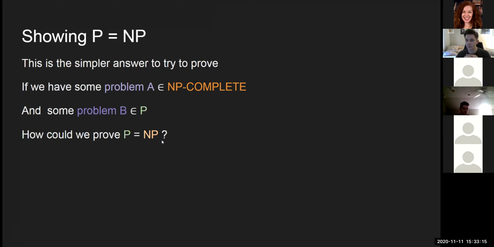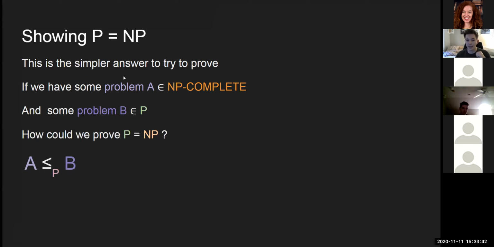As a hint, we do know that, yeah, William? Well, wouldn't we just need to prove that that one problem A is solvable in polynomial time? Yes, if we proved that A is solvable in polynomial time, then good. And more explicitly, and probably a slightly better approach is Michael's, which is if A reduces to B, right,